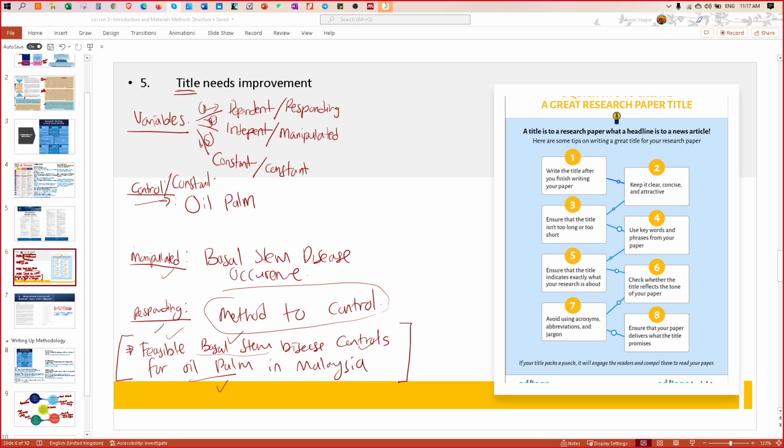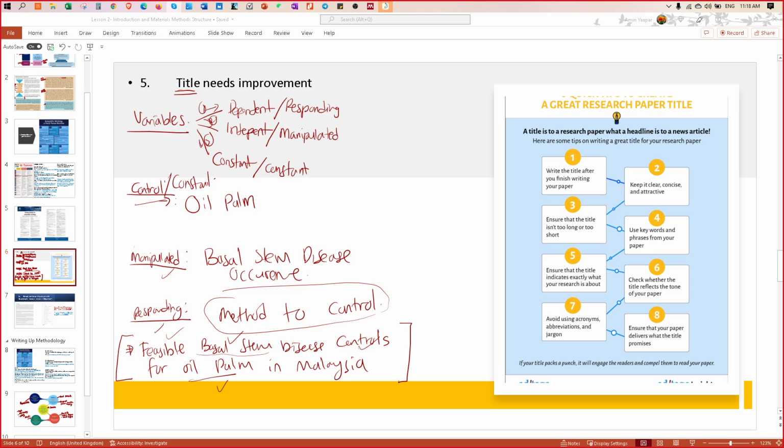Like the disease occurrence, we can look at the Ganoderma census, and then another variable, I will refer to the yield, average bunch weight, as well as number of bunches. Okay, I think that's quite clear.